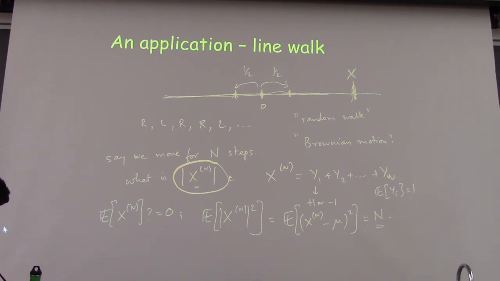And you can also see that you can now immediately apply the Chernoff bound, and then you can say the probability that xn is more than, let's say, some c times root n is less than or equal to e to the minus c squared by 3. Okay, but maybe I wrote by 4. Sorry.